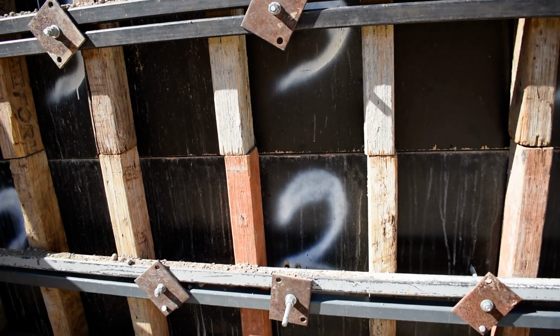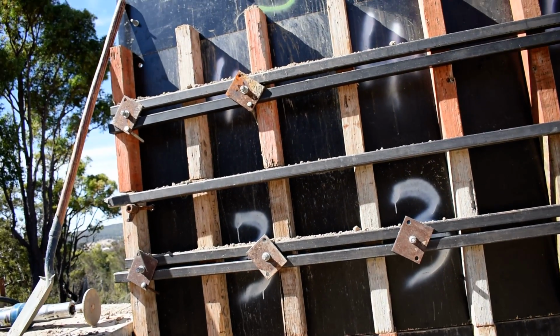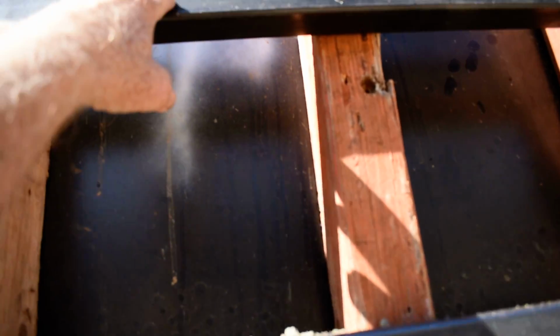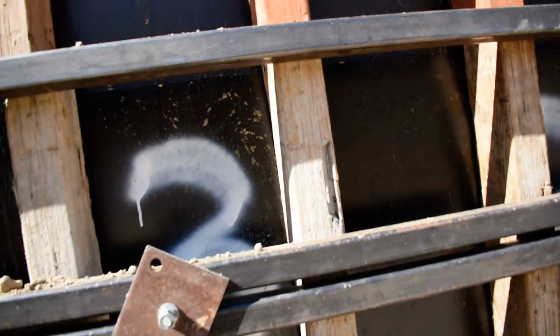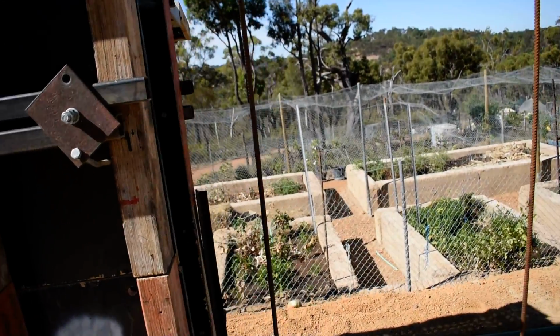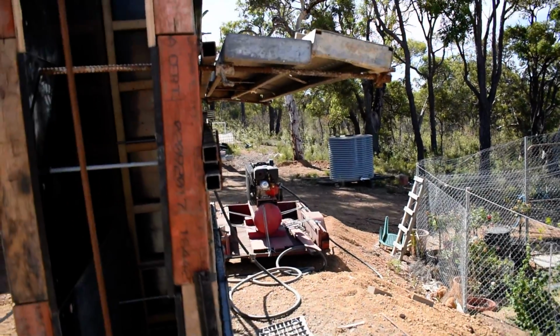I'll take you up and give you a bit of a look, but I don't know how that's going to affect me putting in the, because I've got a big window coming up to 2.1, and I think it's around that height, so that's going to be interesting. And my scaffold, I don't know,